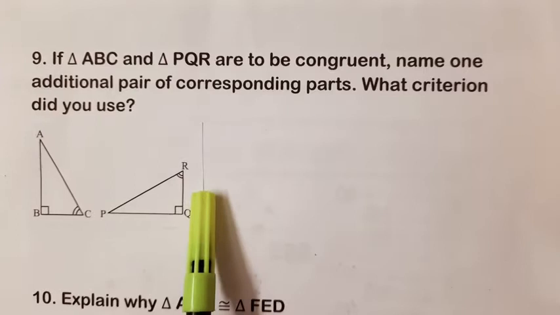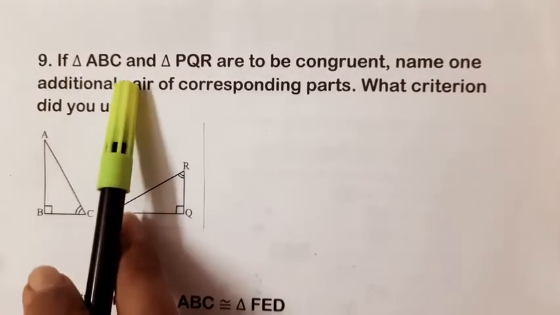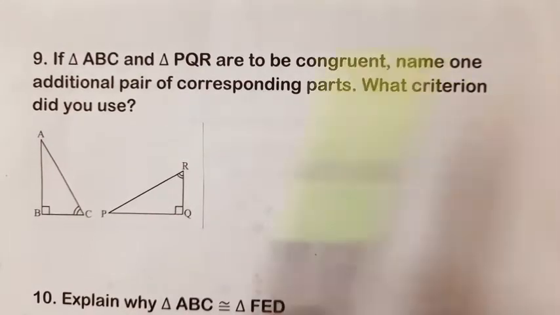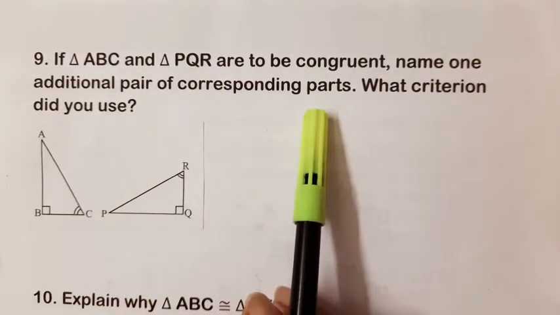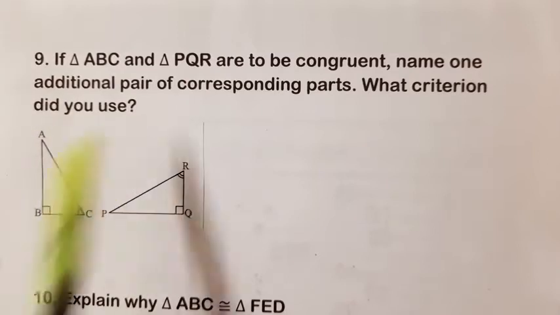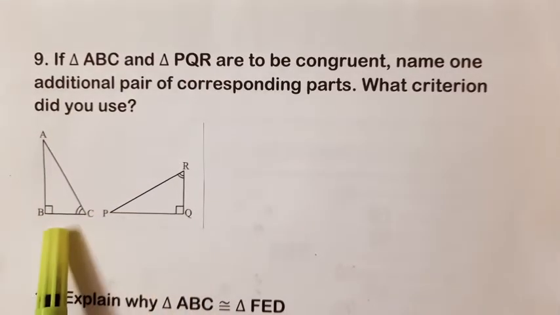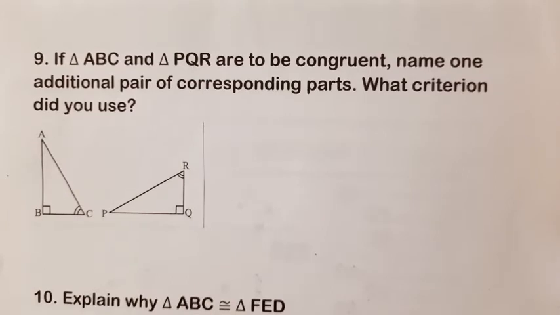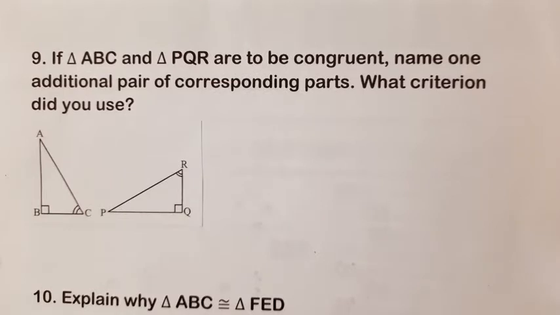Question number 9. If triangle ABC and triangle PQR are to be congruent, name one additional pair of corresponding parts. Which criteria did you use here? So here we are given triangle ABC and triangle PQR, and we'll try to establish the congruence. Now, we all know what are the four congruence criteria: